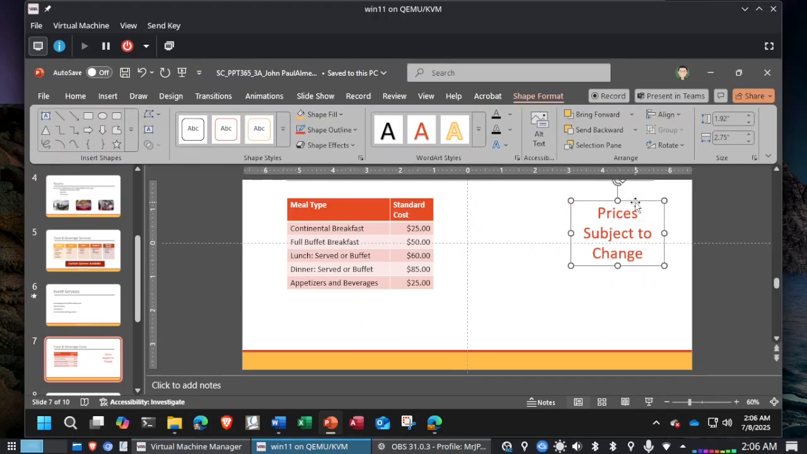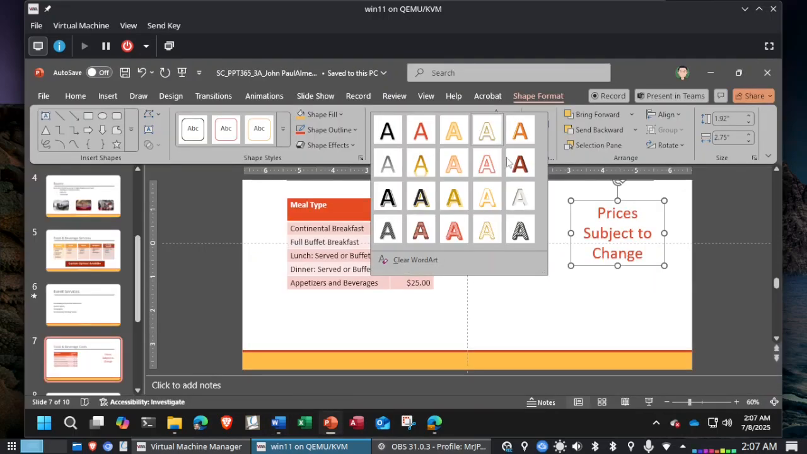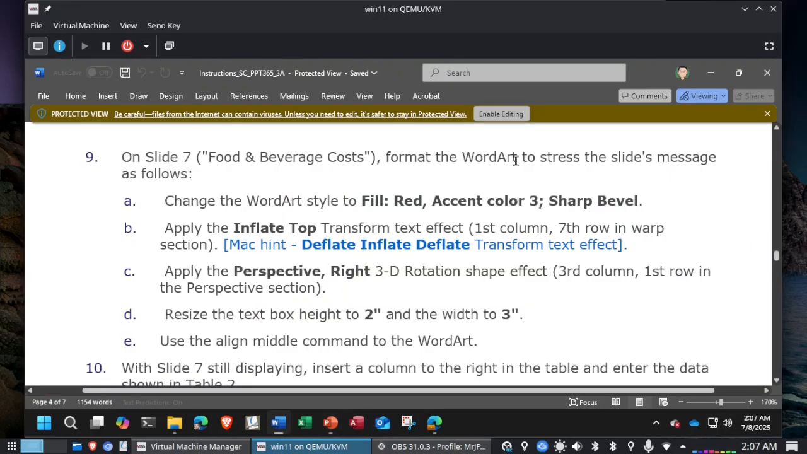And I will click on the border to select the word art. Shape format tab, word art styles. And it's fill red, accent color 3, sharp bevel, just like last time. End of second row. Part B, apply the inflate top transform text effect, first column, 7th row in the warp